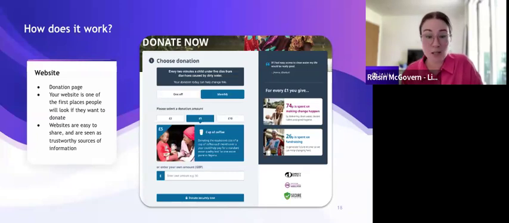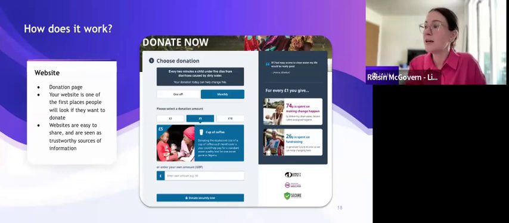So hopefully you can see an example on the screen now, and this page is titled Donate Now. So there's no confusion whatsoever about what this page is about. We know it's an online donation page, and this page title is also supported by a really strong headline in that box that makes it stand out. It also says every 2 minutes.